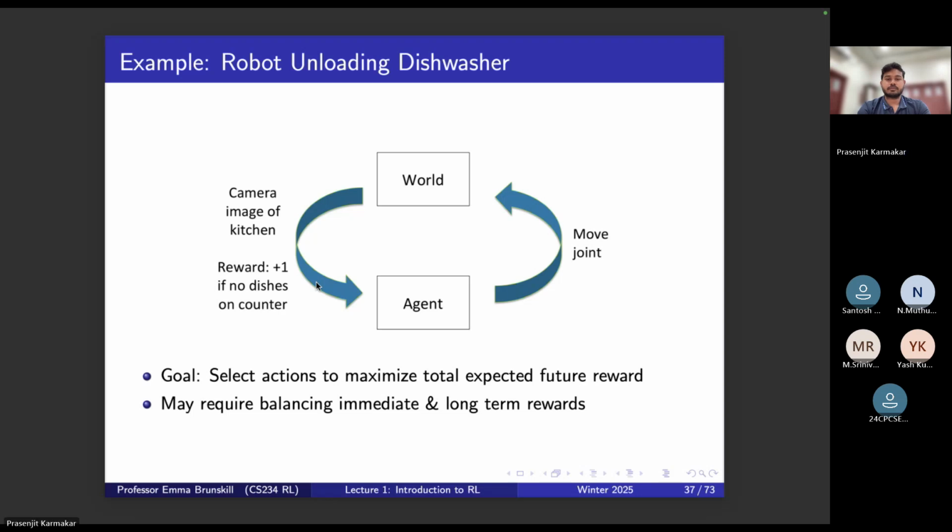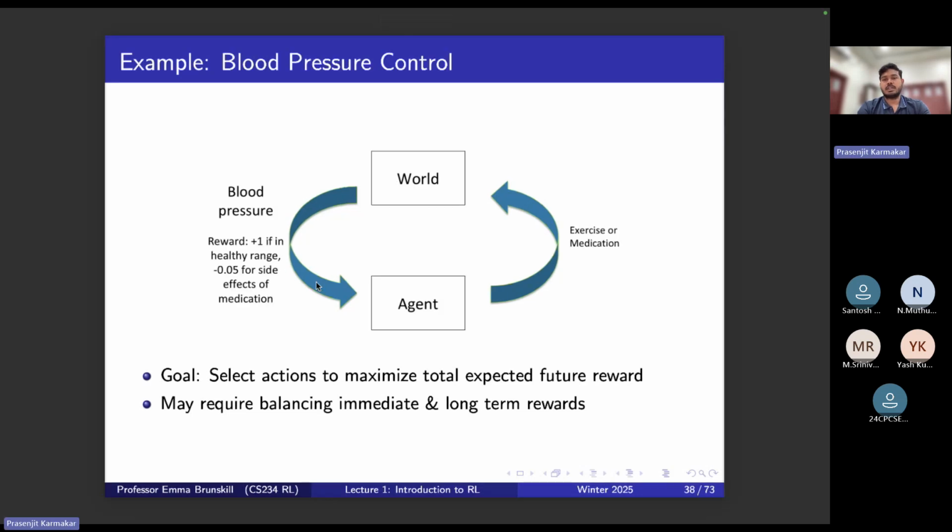Okay, so for example, this is a human loop, right? You observe that your blood pressure is high, so you go exercise and meditate, right? And then you observe again whether your blood pressure has reduced or is in a healthy range. If it is reduced, then you get a +1 reward, or you get a -0.05 if there are, let's say, side effects from the meditation or medication, or let's say you have cramps due to exercise, right? So this is a real world human scenario